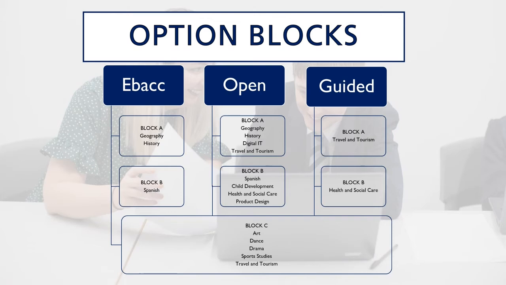Ideally, I'd be able to have different option blocks that have the same courses, but unfortunately, due to staffing, due to funding, due to all the other aspects of the timetable further down the school, we are only able to offer certain subjects in certain blocks. As you can see in the middle